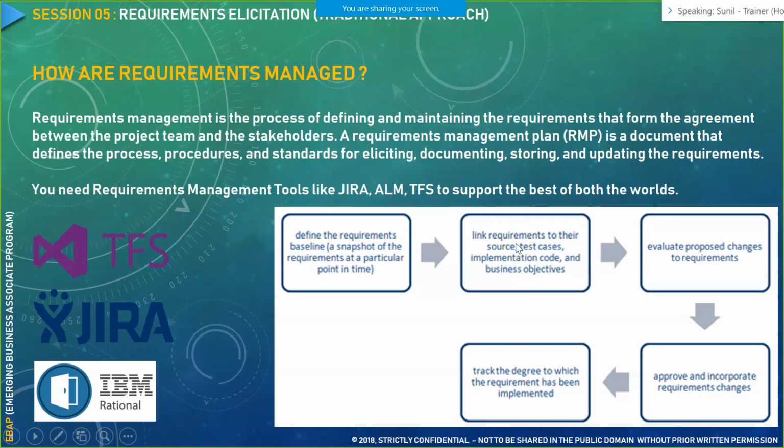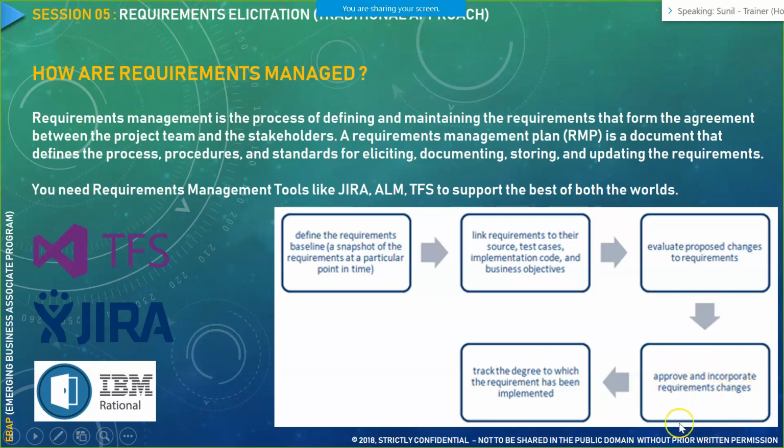As of now, we need to keep it in mind that we need to link the requirement. Then we have to evaluate proposed changes to the requirement. Like I gave you an example of this registration page. So what are the proposed changes that may occur to a particular requirement? We need to evaluate that as well. Since we are in the requirement elicitation phase, the requirements are not yet confirmed, so we still have the scope to evaluate the proposed changes in and around a particular requirement.